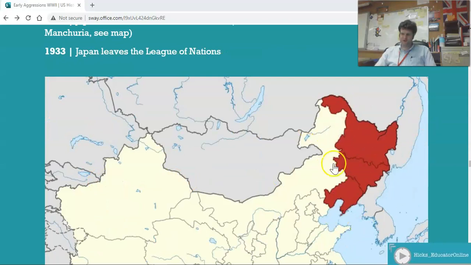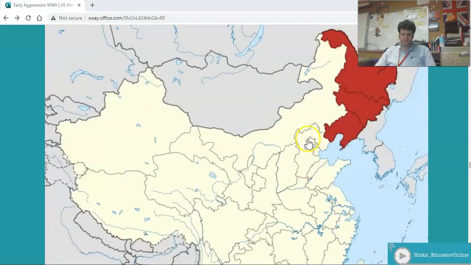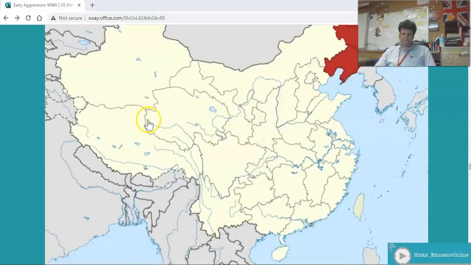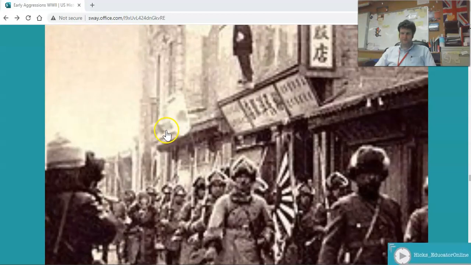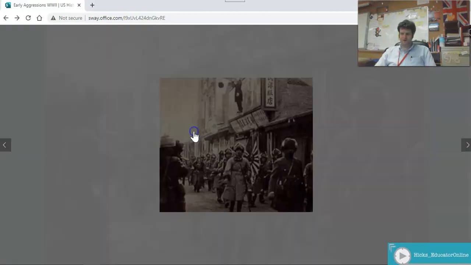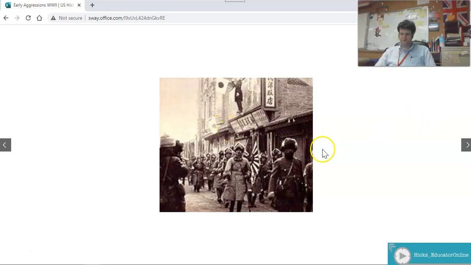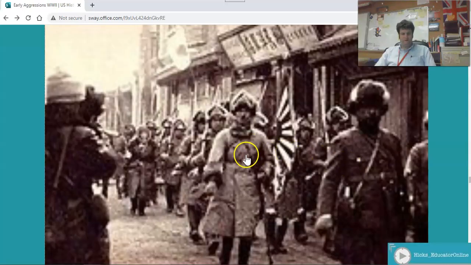And here's where Manchuria is more or less located, in northern China, modern-day China. But there's some pictures of that event, of the occupation army marching in. The image quality could be better, but